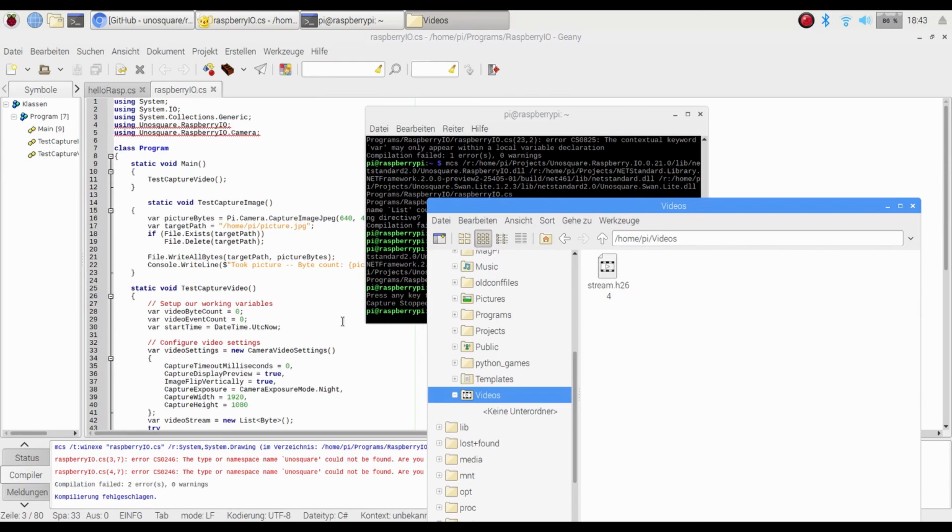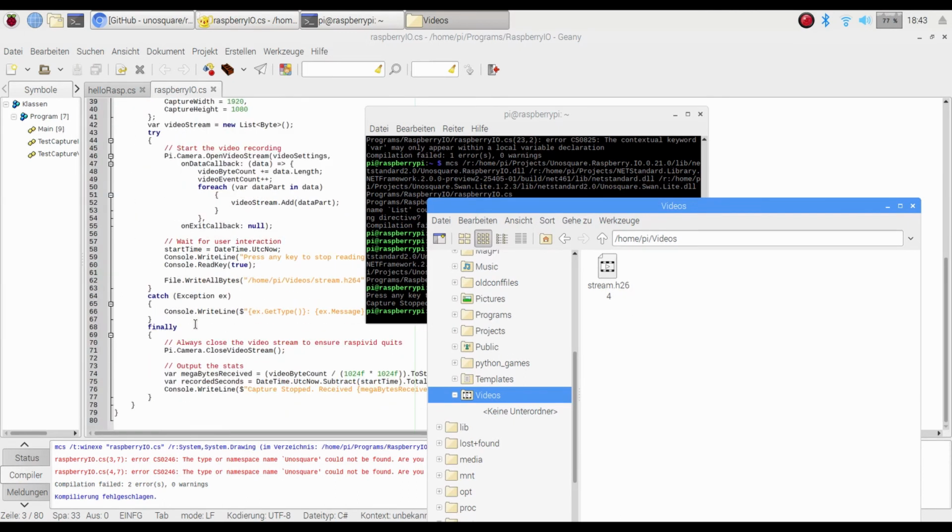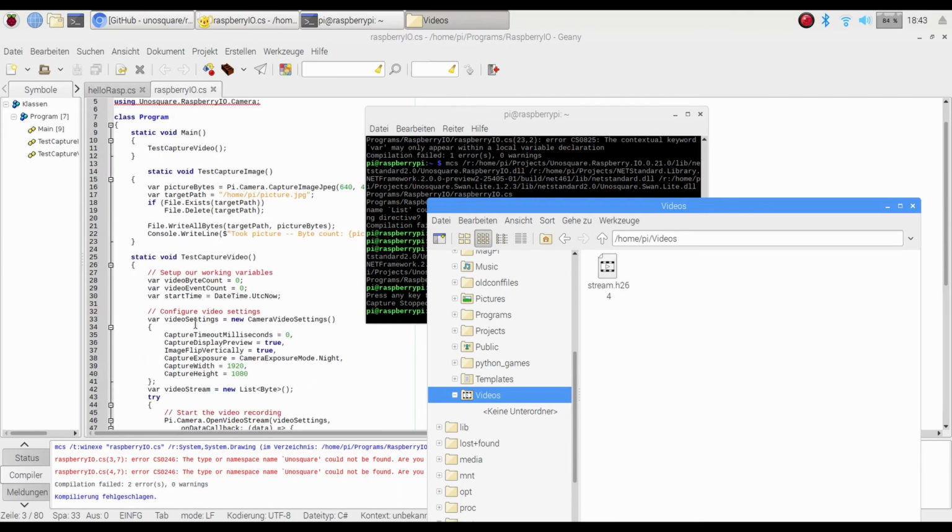Well, h264 is actually a codec. Usually you see something like MP4 or MOV, and those are the container extensions, which have a container and the content inside of them. Now, H264 is the codec, just the raw data, the raw content